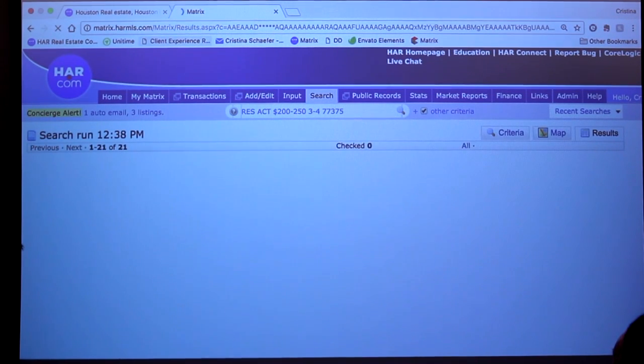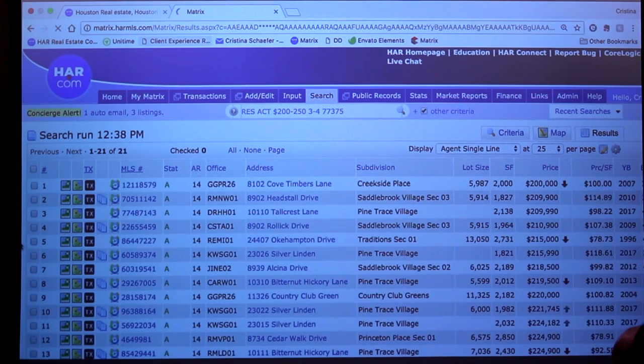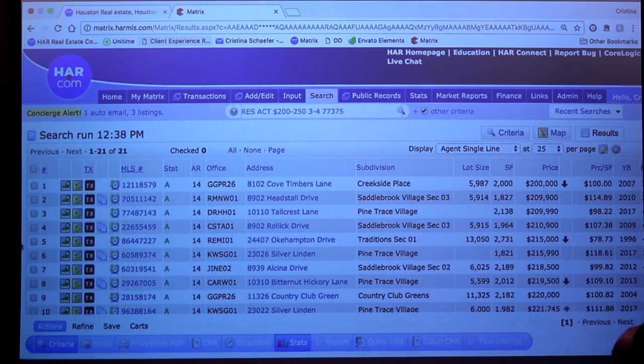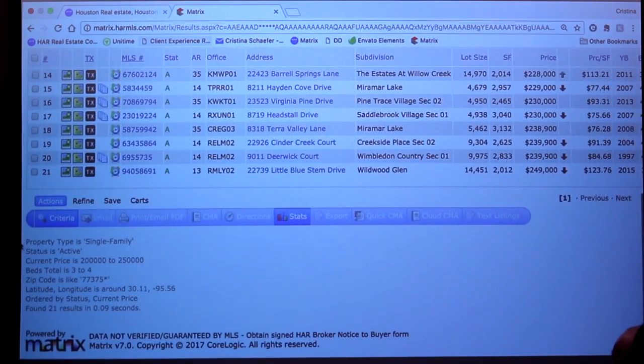It's loading. We just have to be patient. Okay, it's not the same search, is it? But that's okay. All right, so